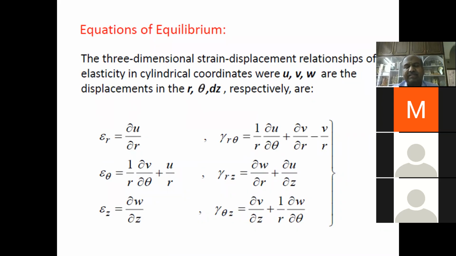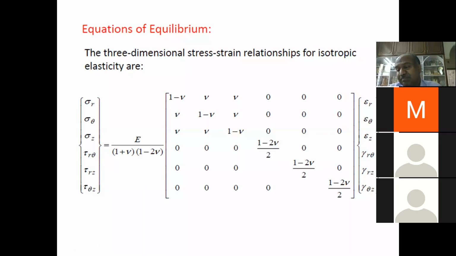Similarly, if you write the strain displacement relationships: radial strain dou u by dou r, circumferential strain epsilon theta is 1 by r, dou v by dou theta plus u by r, epsilon z, strain in z direction, is dou w by dou z. Gamma r theta is 1 by r, dou u by dou theta plus dou v by dou r minus v by r, and gamma r z, gamma theta z are similarly written. Because it is going to be small, sometimes these terms will be zero